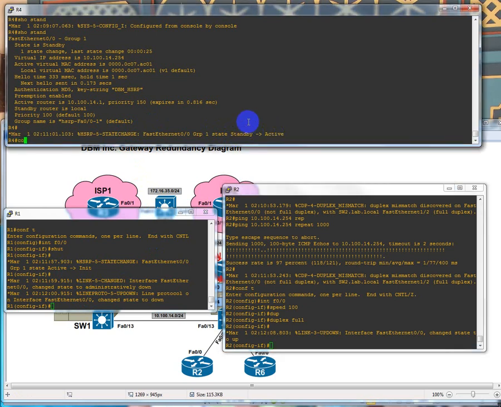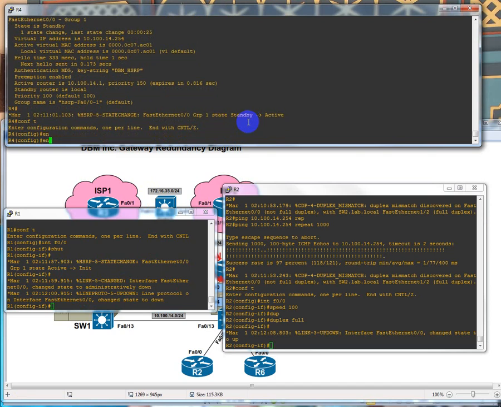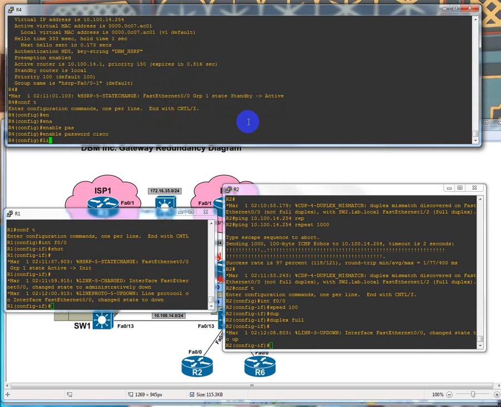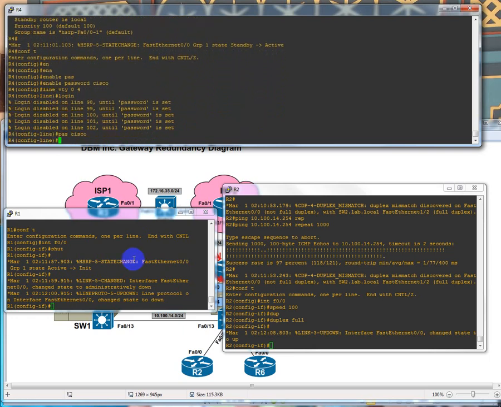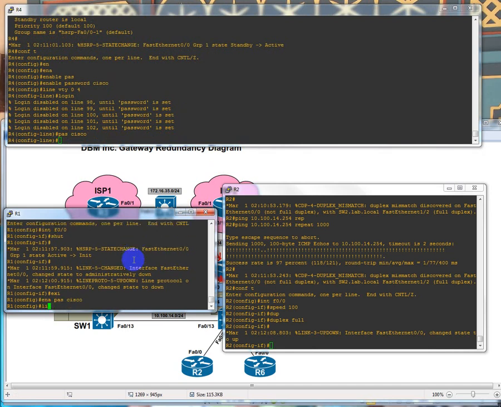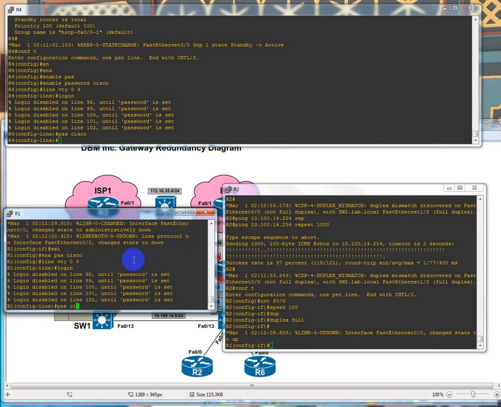So the only thing I'm going to do, I'm going to go up here and I'm going to type in enable, password is Cisco, and I'm going to go underneath the line VTY 0/4. I'm going to type in login, and the password is going to be Cisco, just so we can telnet to these devices. And I'm going to do the same thing here. I'm going to exit out here, enable pass is Cisco, and line VTY 0/4, and I'm going to type in login, and pass is Cisco. So I'm going to go to interface fast 0/0. I'm going to type in no shut,